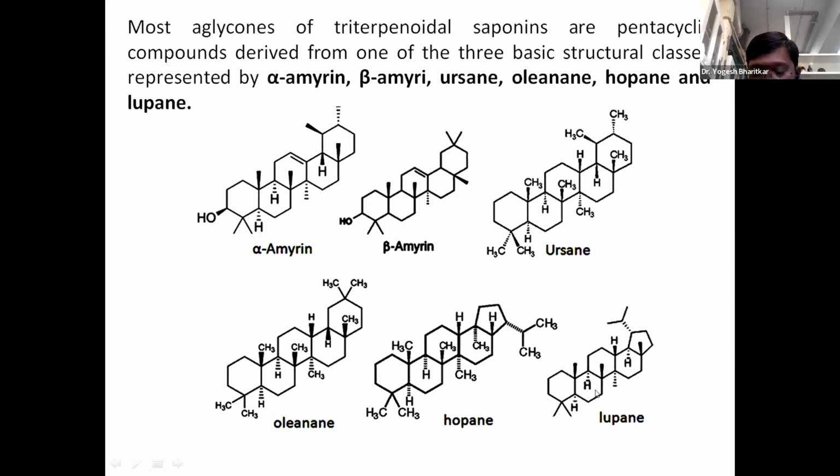All triterpenes contain 30 carbons. So when we get the proton NMR and 13C NMR, this basic character is there. In the spectra we have to count 30 carbons, then we can say this may be a triterpene skeleton. We also find some basic signals, doublets, triplets, and double bond signals in specific regions of the spectra, so we can say which type of skeleton is present.